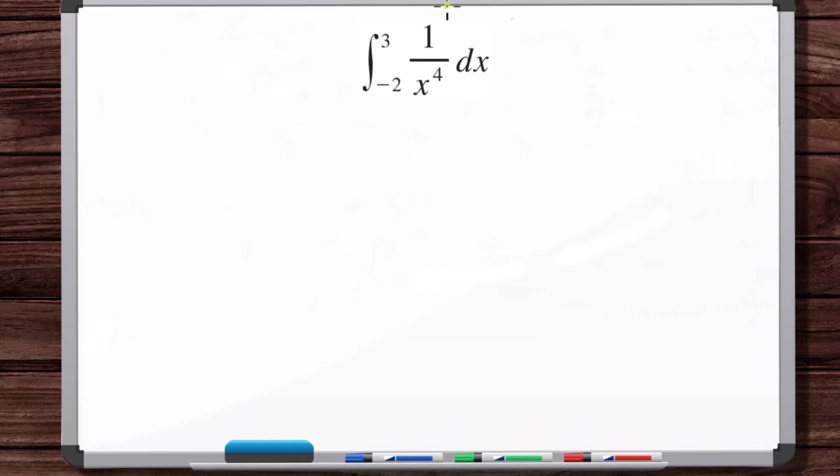Okay. So we're going to be passing over 0. Minus 2 to 3, we're going to be passing over 0. So now we have the discontinuity in the middle of the limits of integration. So what do we do? Well, we just do two separate integrals. We're going to say we have the limit as t approaches, so we're going from minus 2 to 0. So we're saying, in this case, 0 from the left. You see? Because we're approaching 0 from the left. We're going from minus 2 to 0 of